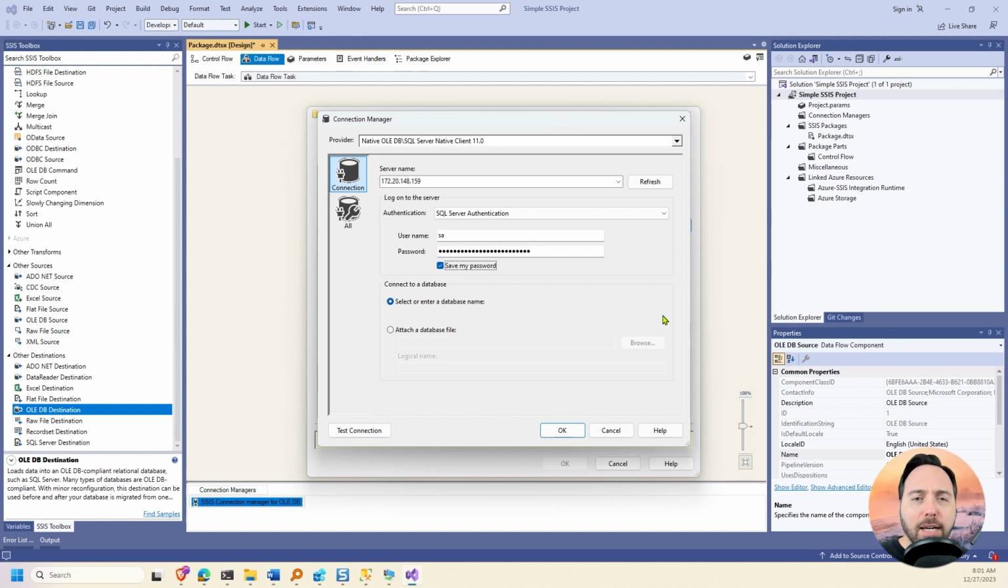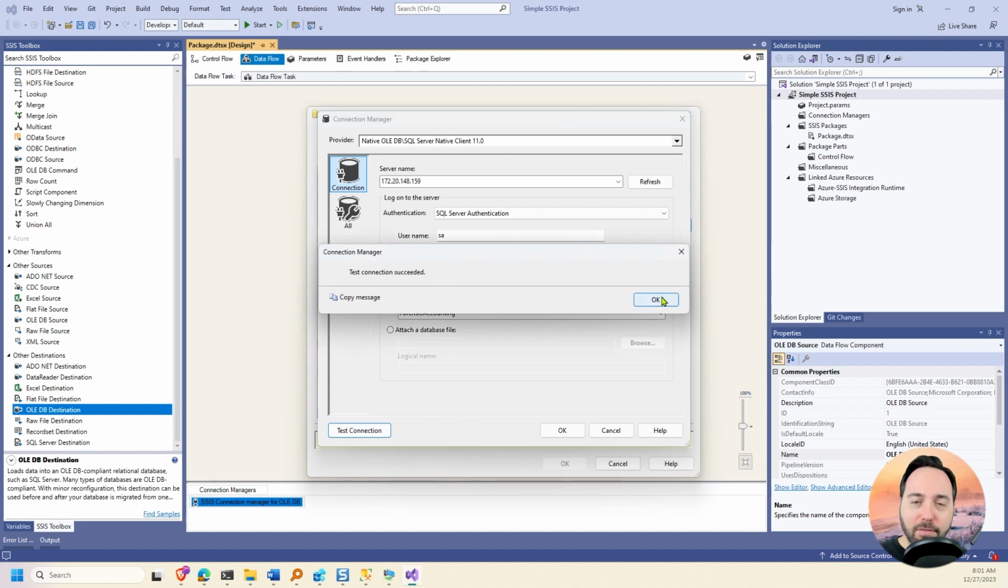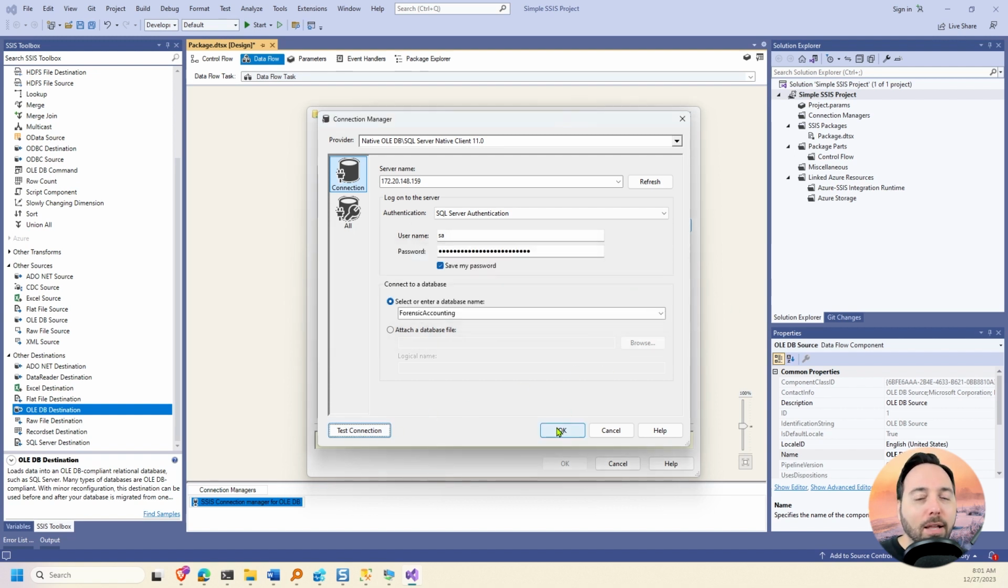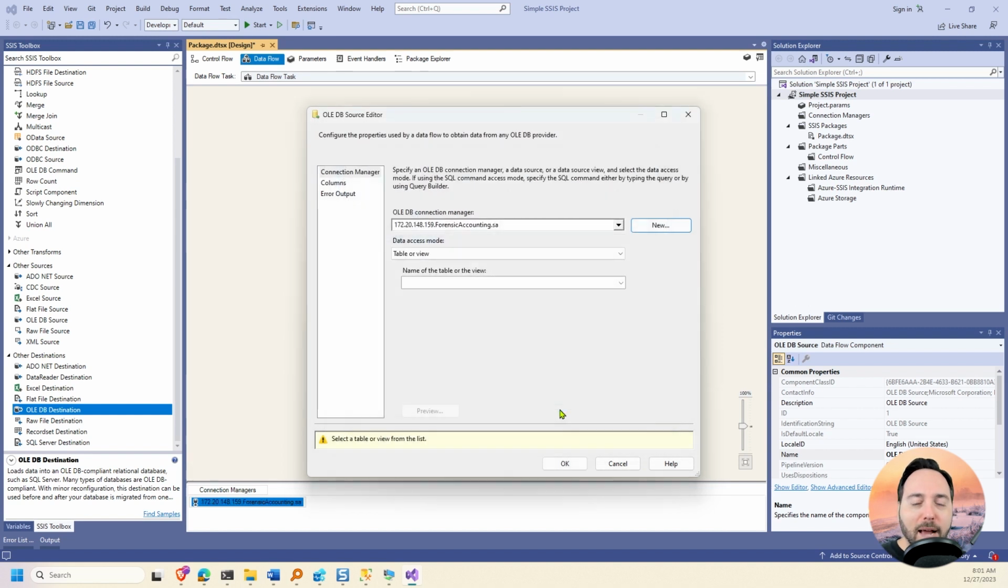Then, if I select the drill down, I should see the Forensic Accounting Database. This is a good indicator that my connection did succeed. Just to make sure, I'll select the button to test the connection. And it looks like everything is going to be alright, so let's keep hitting OK until we're back in the OLEDB